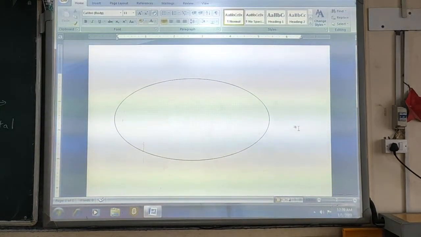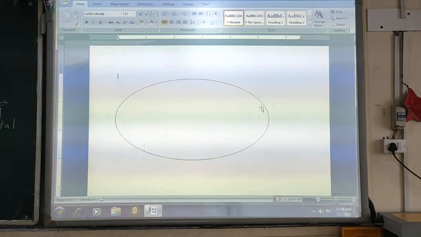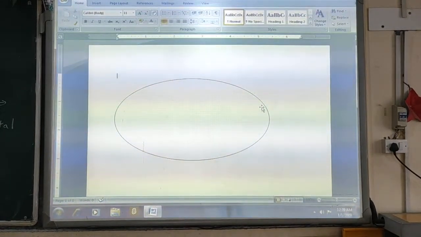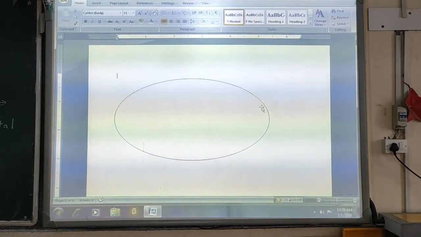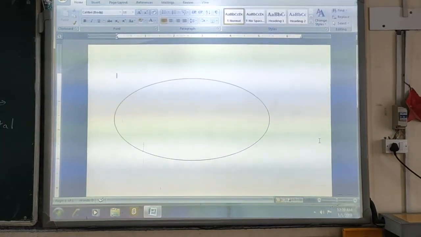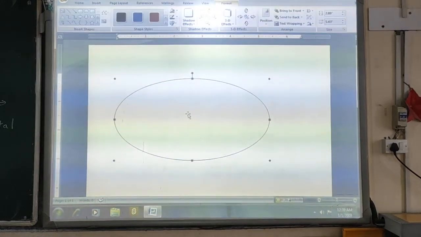This is how you can create different shapes within your document. Another thing: suppose after drawing you want to change the size of the shape. Then just take your mouse cursor and click anywhere within the shape.